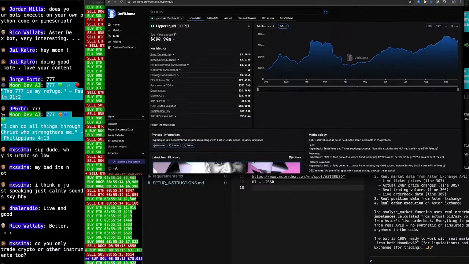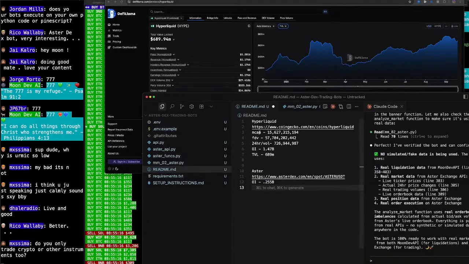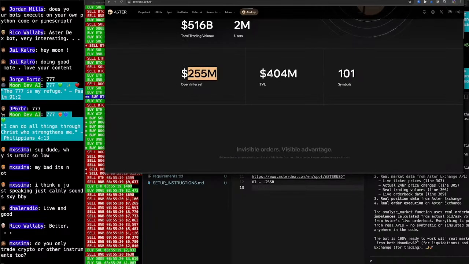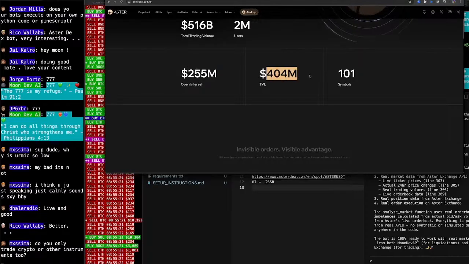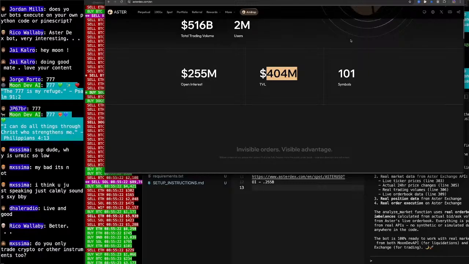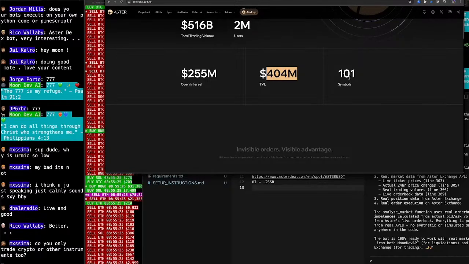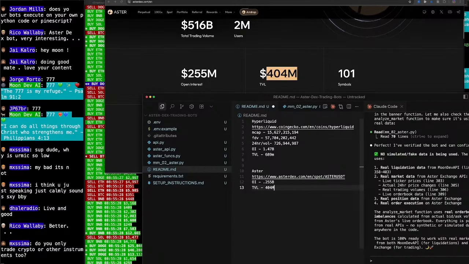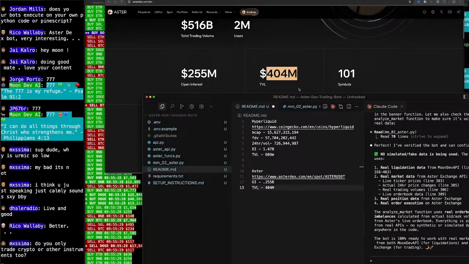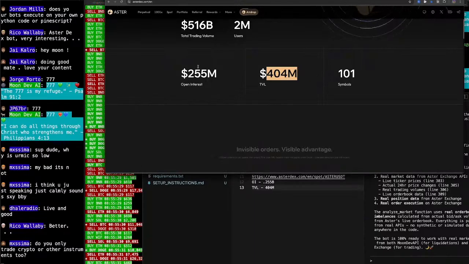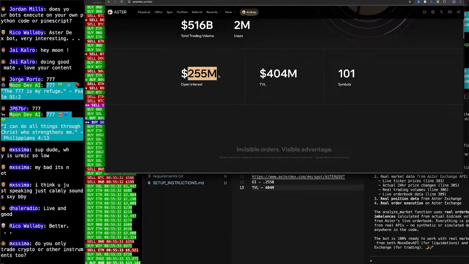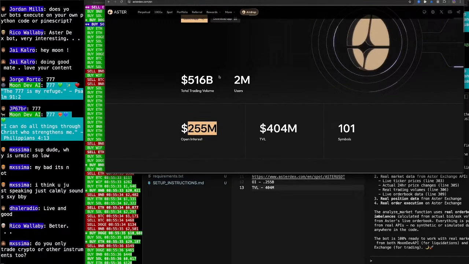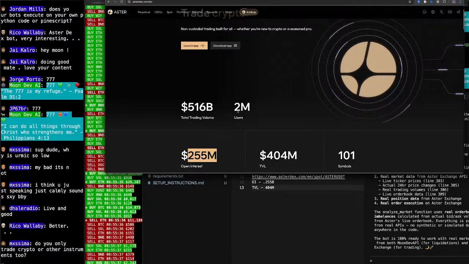Total value locked is 689. Sorry. Okay, and they say Aster has a 404 TVL. That's the thing, but it's from them. TVL 404M. That's tough. 204, 255, and open interest, 2 million users,